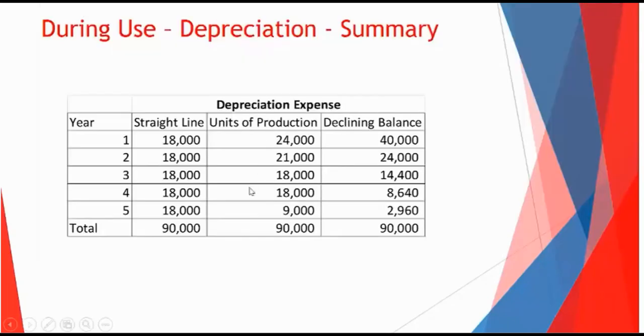So what's cool about this is that you can see side by side, we have the exact same total depreciation over the 5 years. Doesn't matter if we use straight line, units of production, or declining balance. It is the exact same total amount over time. So straight line evens out. I think companies also appreciate that they can anticipate what that expense is going to be if they're trying to predict earnings per share. Straight line's a little bit straightforward. They have pretty accurate insight into depreciation expense. Units of production, you're not really sure more exactly what it's going to be. And then declining balance, you take a big hit right away, which might not be so good for earnings per share. But in those later years, you don't take as much of a hit.